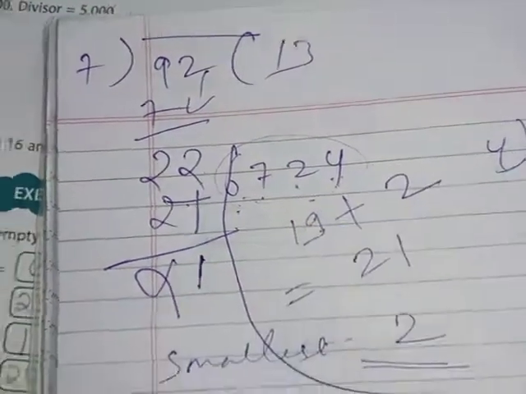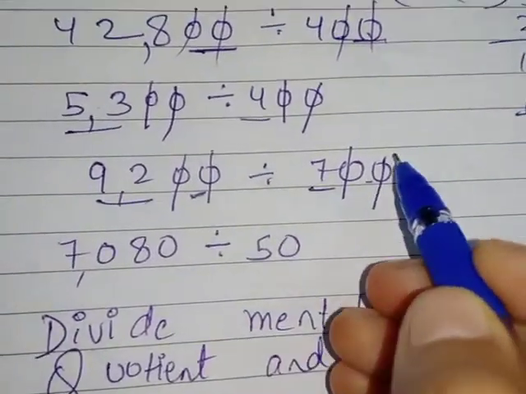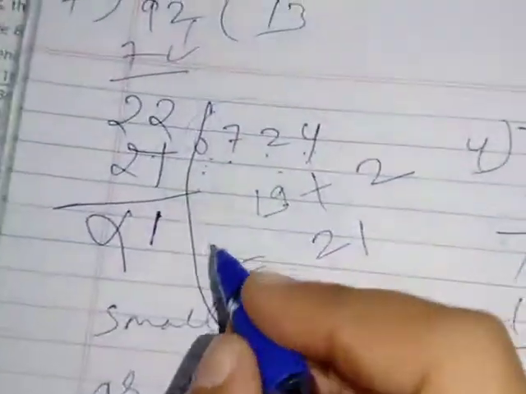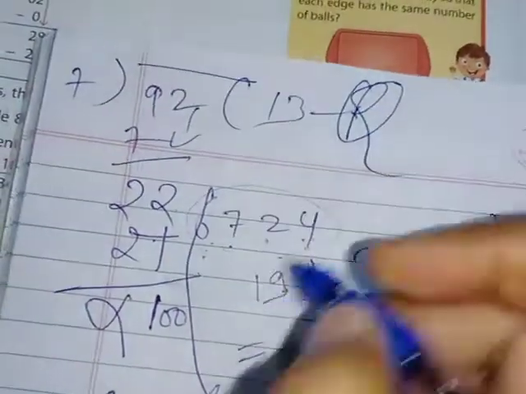What do we have to do? Whatever zeros we have divided, that is 2 zeros we have divided now, both of those zeros will be written in the remainder place. So again 30 is your quotient and 100 is your remainder. And the last one